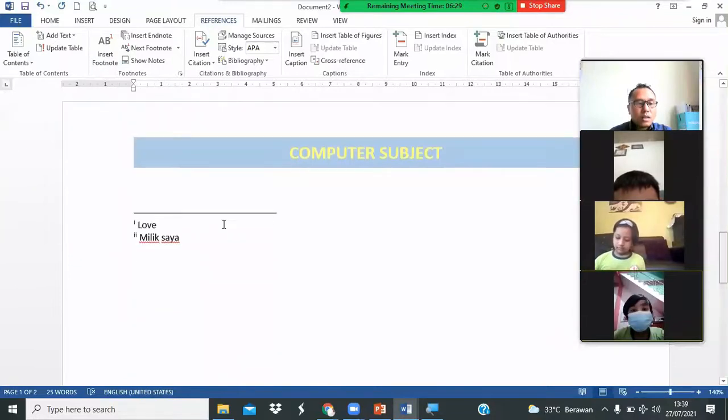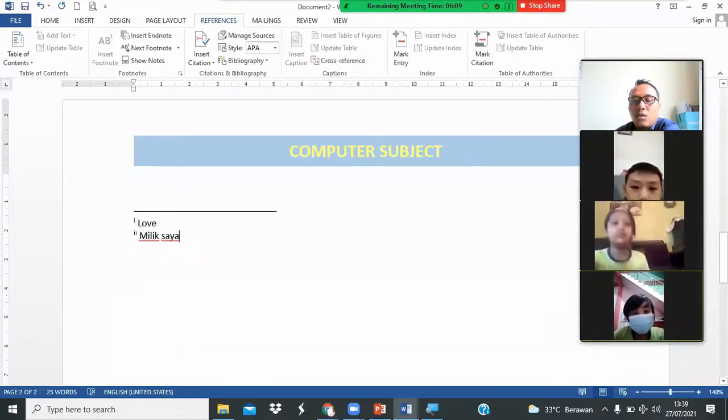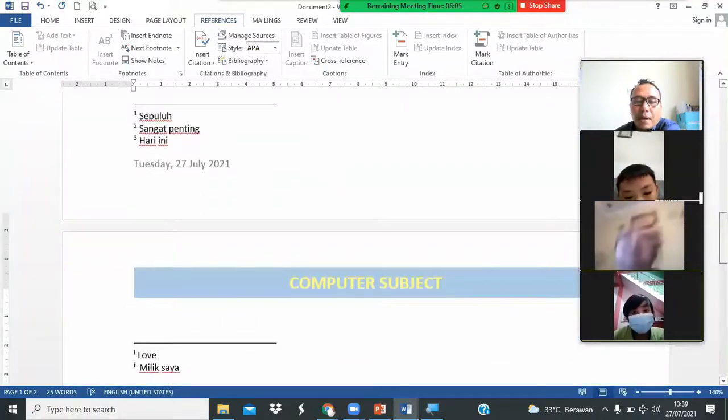This is, sir, why header, endnote in page 2? You don't ask me. Yeah, I want to explain to you ya, because tadi kan endnote itu adalah kutipan sumber daripada teks dokumen ya. Jadi dia position, the position is in the last of page.